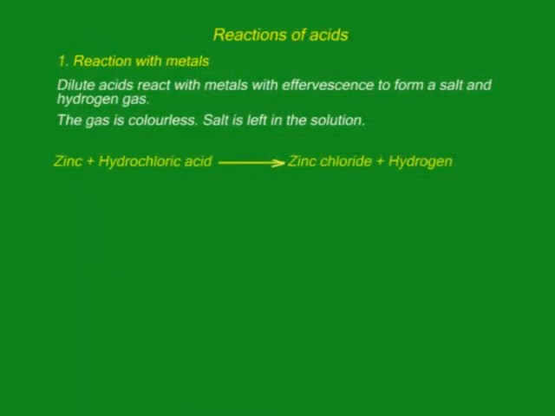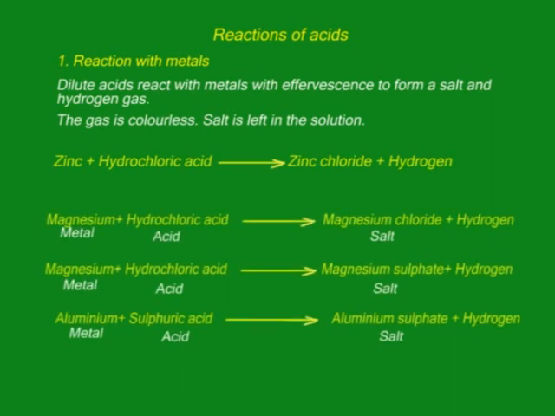Great. Now the reaction can be represented by the following equation, that is zinc reacting with hydrochloric acid to give zinc chloride and hydrogen gas. If we use sulfuric acid, we shall get sulfate and hydrogen. The pattern is the same for all metals, though the rate of reaction may differ. Magnesium and aluminum react more vigorously with acids than zinc, and the reactions can be represented by the following equations